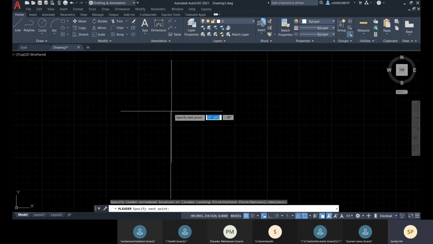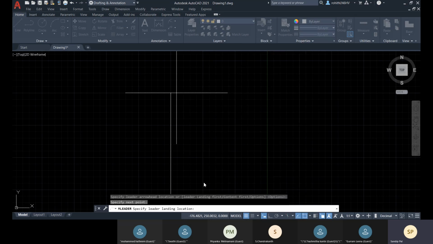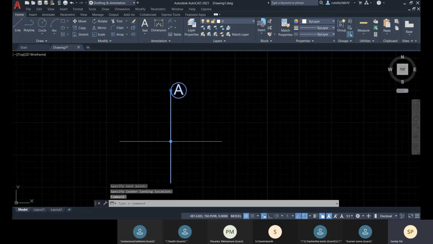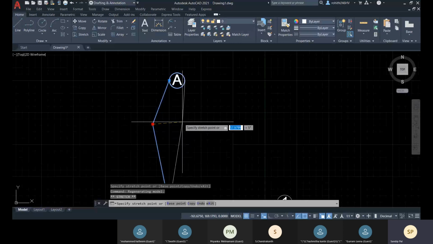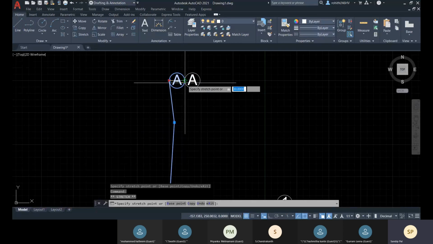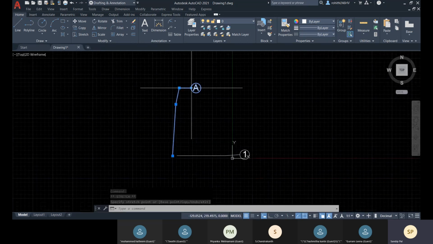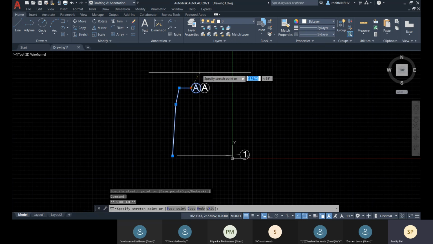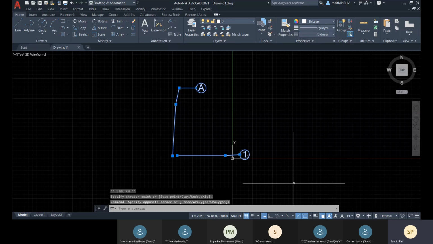Here you can see that I can create the first segment and the second segment, and then I can give it, and here you can specify like this. Okay. So like this you can create your grid lines within AutoCAD using this multi-leader.